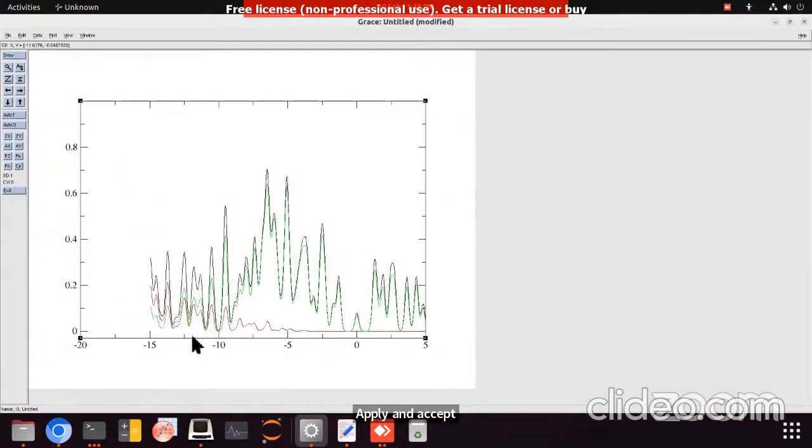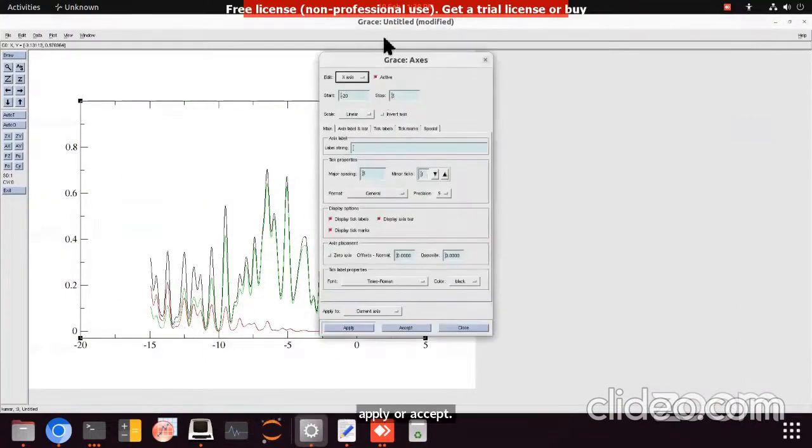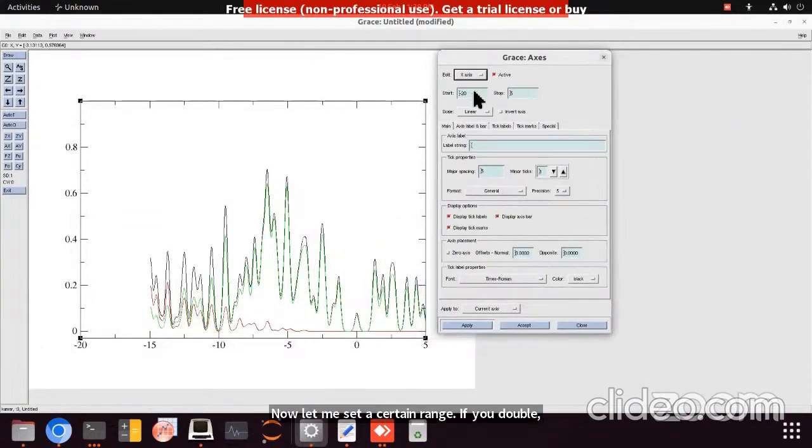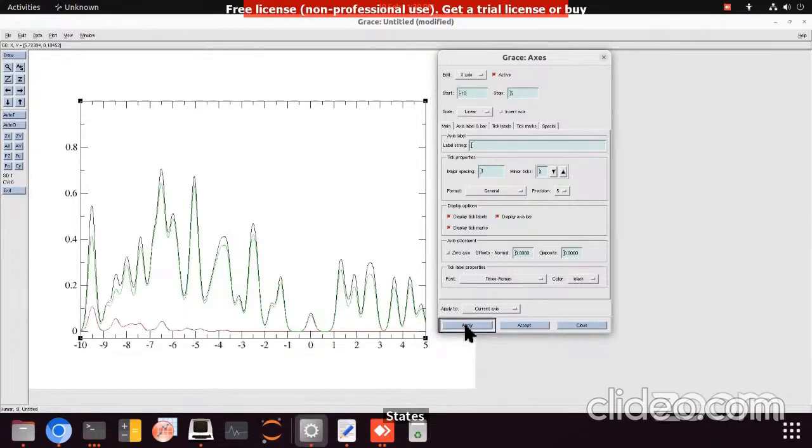Now let me set the range. If you double click on the x-axis and set the range, let's say from -10 to 5, okay, and major spacing, let's say 1. This is our density of states. Press apply,